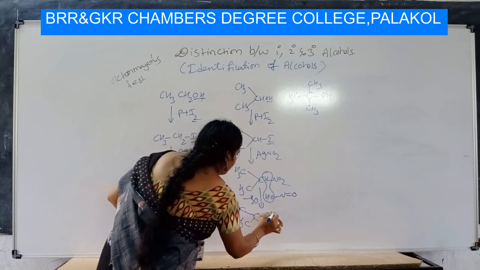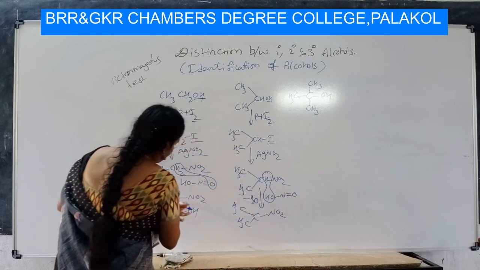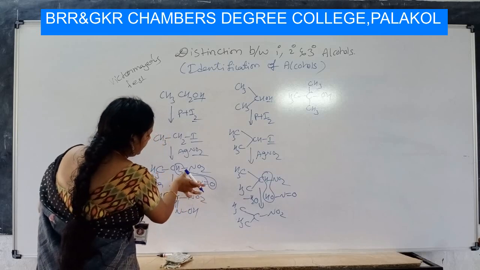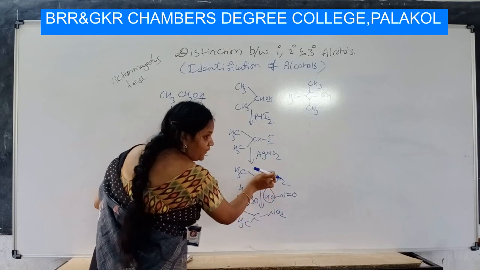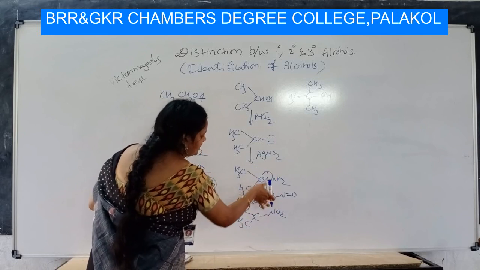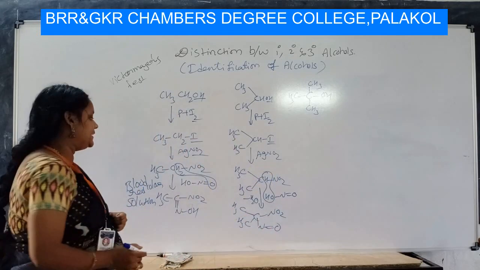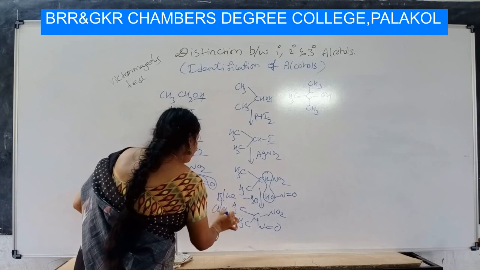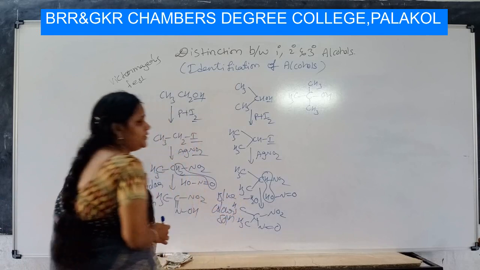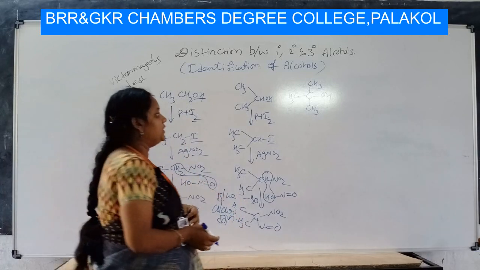The remaining is CH3, here NO2, here what? We did not remove O as in this case. Here we got a double bond, but we removed OH, because only one H is present to remove the water molecule. So single bond N double bond O, which is a blue color solution. In this case blood red color, in this case blue color solution.